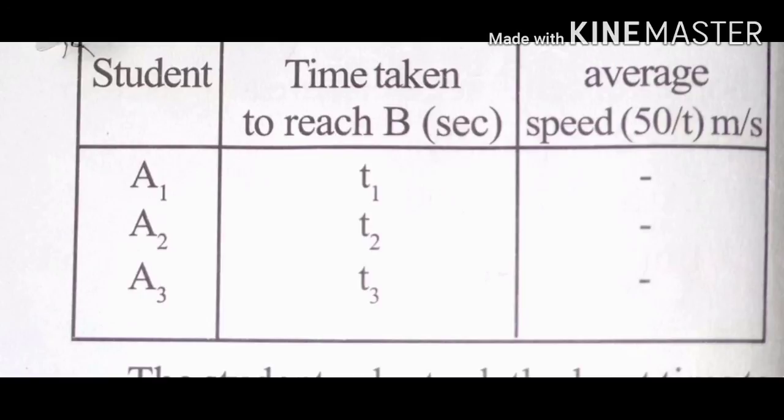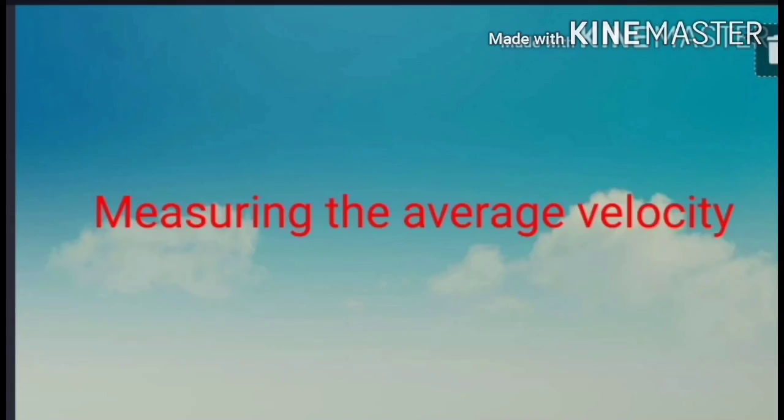Next, observe the activity measuring the average velocity. Repeat the whole activity after drawing a set of parallel straight lines from A to B and ask each student to run along a line. Measure the time taken by each student and note it in a table as shown in the above table, and calculate the average velocity of each student. The student who took the least time to reach B from A along the line is said to have run with the greatest average velocity.